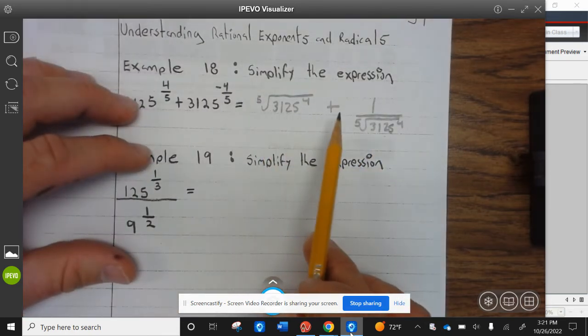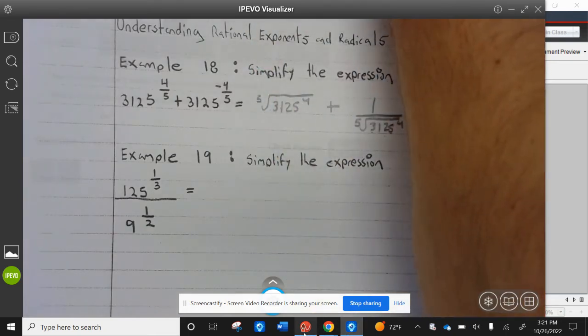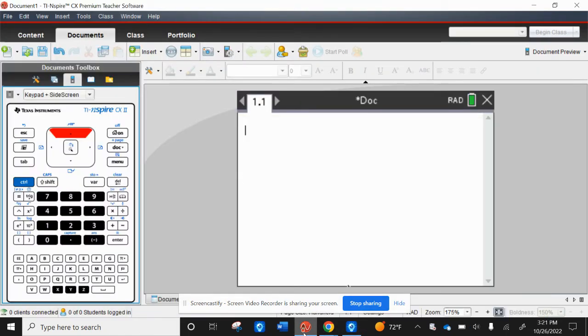So once we get this one, we only have to do this once, so then, well, actually we can put them both in. So that is the fifth root of 3125 to the fourth power. So that's 625